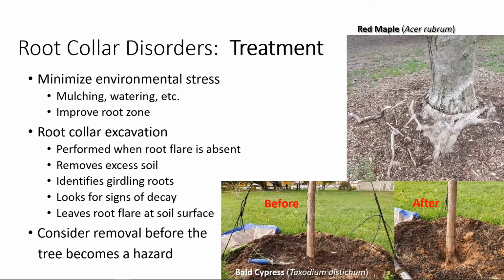But if we're already seeing signs of decline up there, if we're already seeing really tiny small leaves compared to what a normal red maple would have, not much twig growth, probably early fall color, then it really needs to be a hard discussion with that homeowner about potentially removing this plant before it is a hazard in the landscape. So if there's a target close to it, it becomes a real hazard as it starts to lose some of its stability from the rot that's right behind that trunk constriction. So that's an assessment that may need to actually be made by a certified arborist to determine how and when to remove it. But it really begins with an assessment of that tree's health.